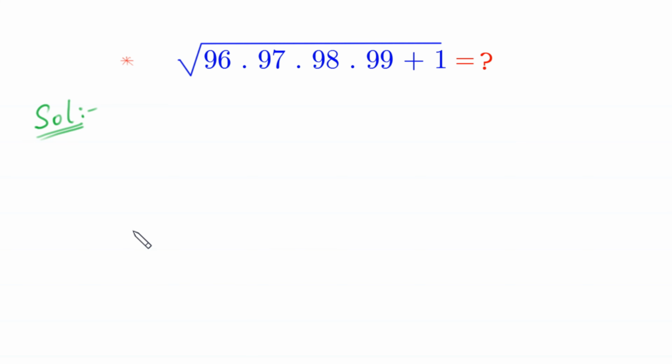Hello everyone, welcome to solve this very nice square root math simplification problem. We need to find the square root of 96 times 97 times 98 times 99 plus 1. This expression can be rewritten as square root of